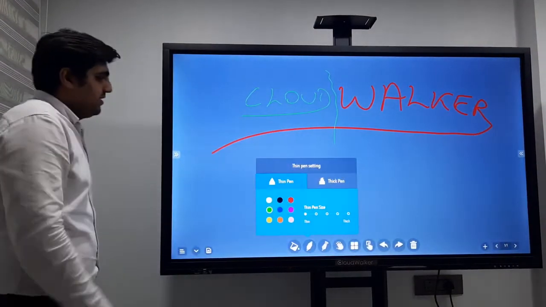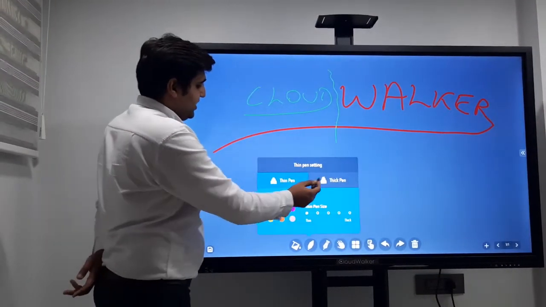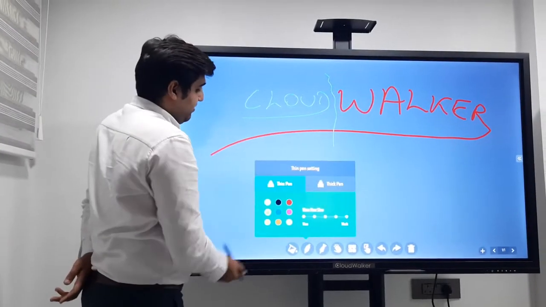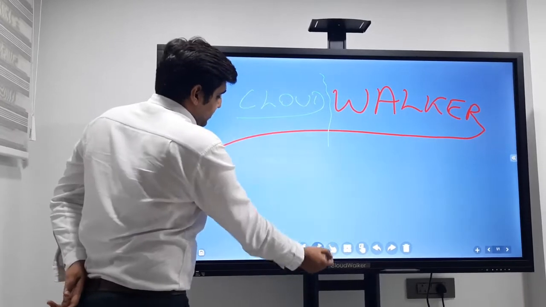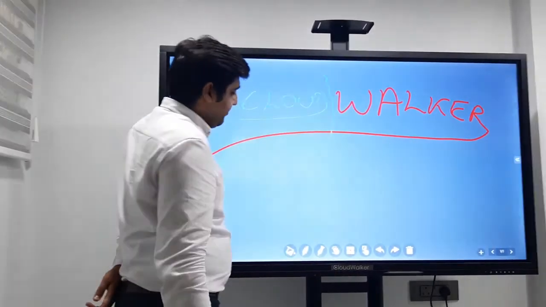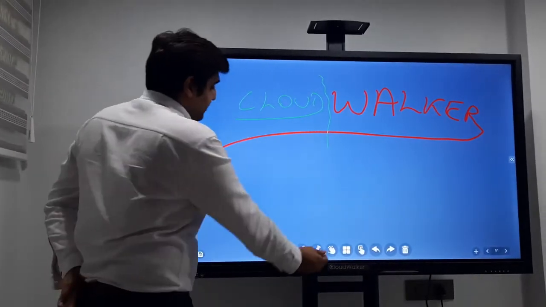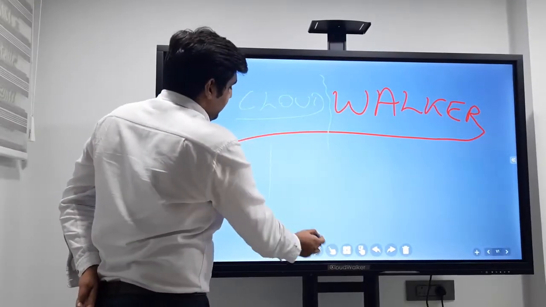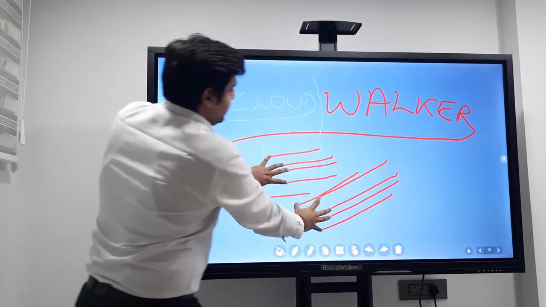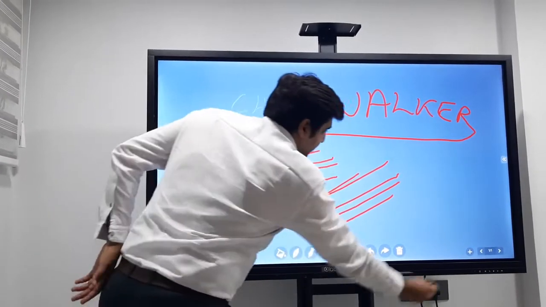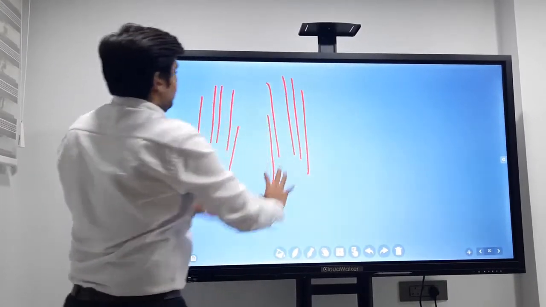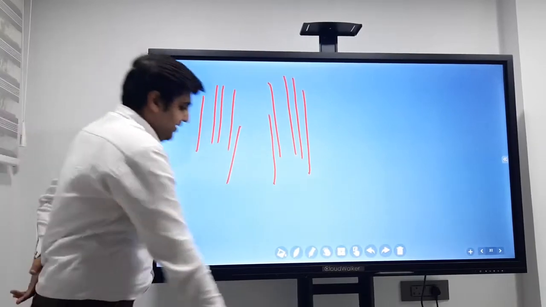This is the pen color, pen size. If you want to change the thin color, pen size, thick color, pen size, you can change. Here you can get into the pen mode. Here it will switch between single point and touch points. Earlier it is single point. Now when you click on this, it will come to the 10 touch points. You will see actually 10 point touches are available in this screen.